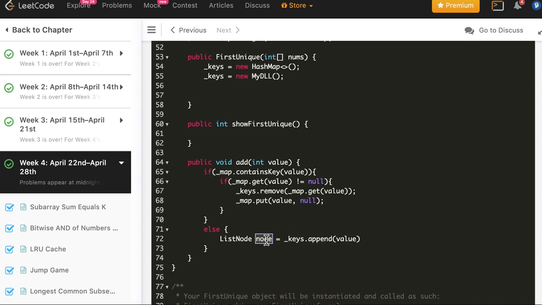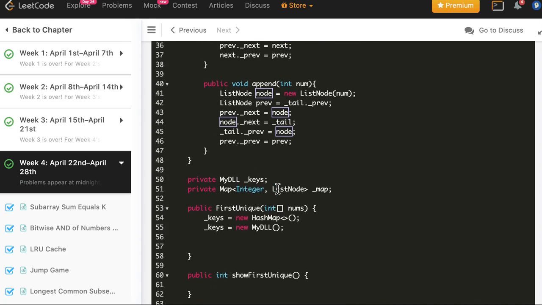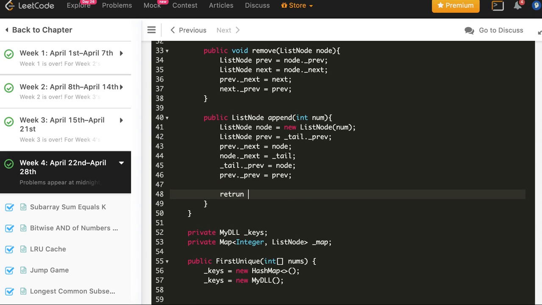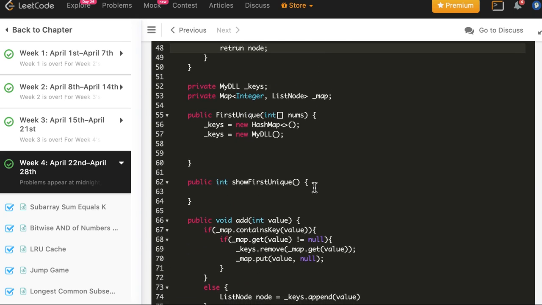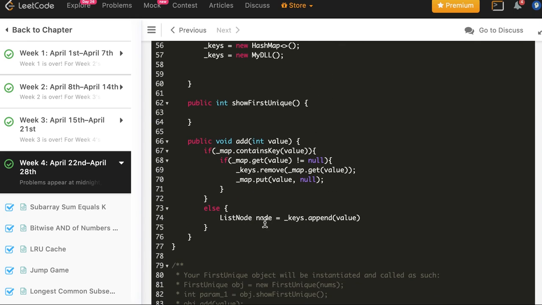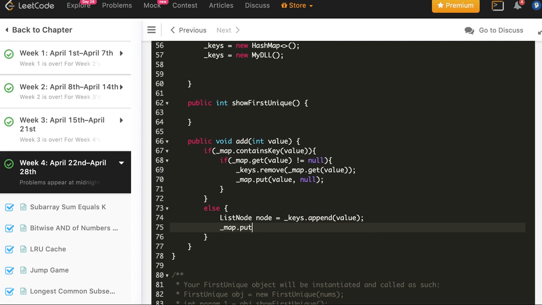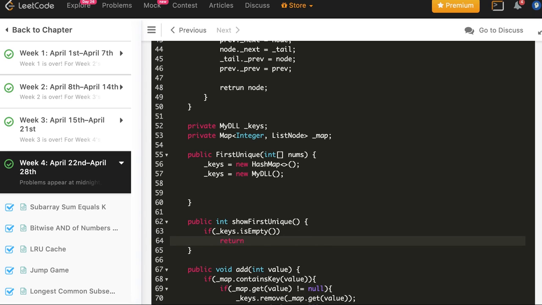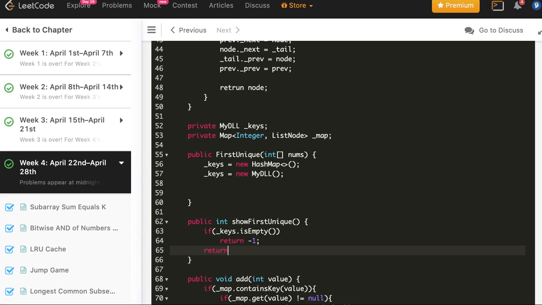And after appending, we need to add this pointer to the map. So we will make it return the list node. And now after appending, it will return the list node. And then we will put this to map. And we are done. And here what we will do is, if keys dot is empty, return -1, else return